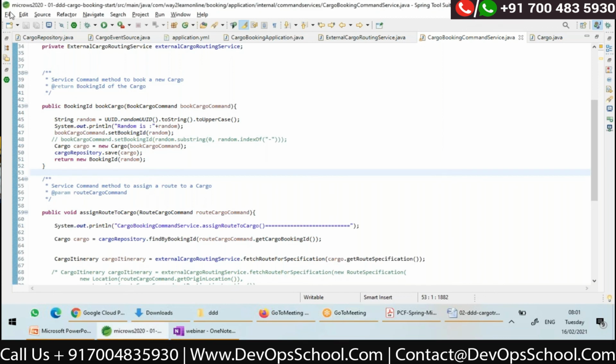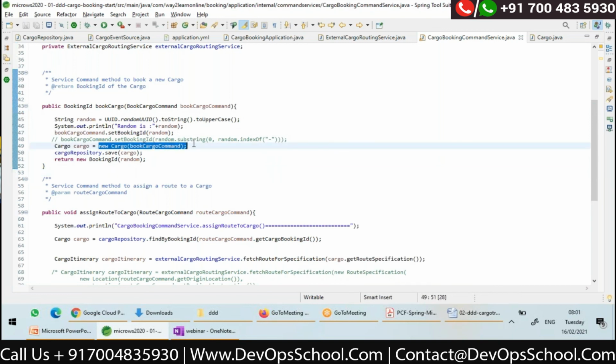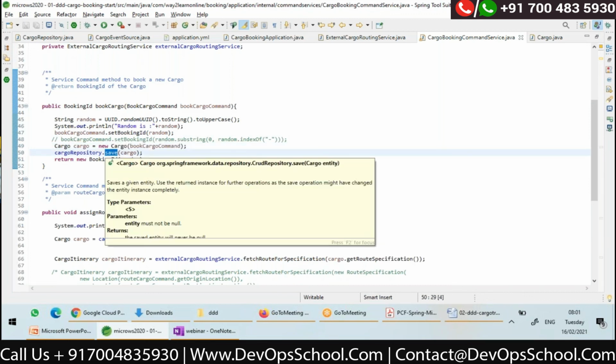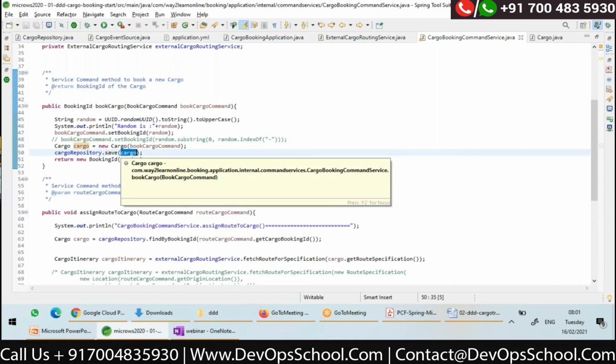Okay, so I'm back. This is one command handler for booking a cargo. Now what will happen? I'm creating a cargo object. This command handler is invoked. It is changing the state of the cargo. And here, by using the repository, I'm saving the cargo, right?